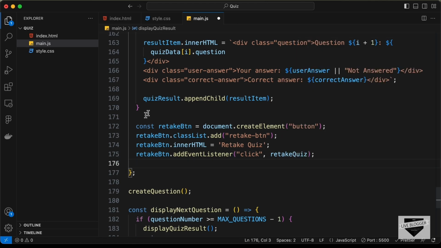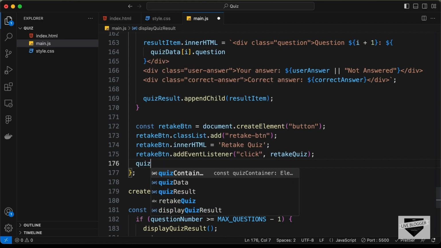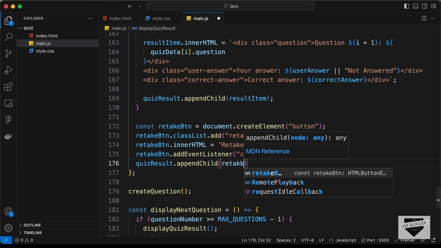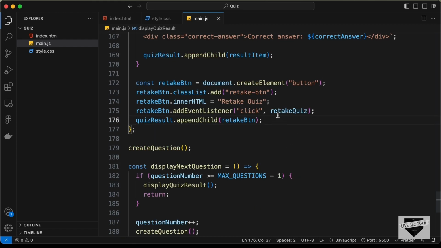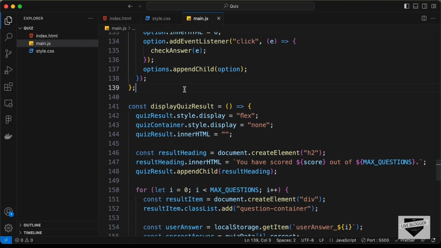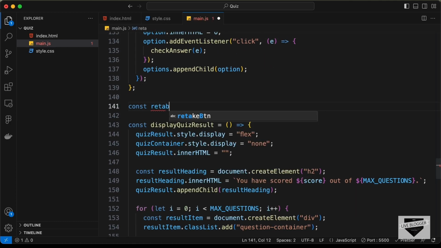And we also need to add this to the quiz result. So let's type quiz result dot append child retake button. Right now let's quickly create this retake quiz function. So here let's type const retake quiz,